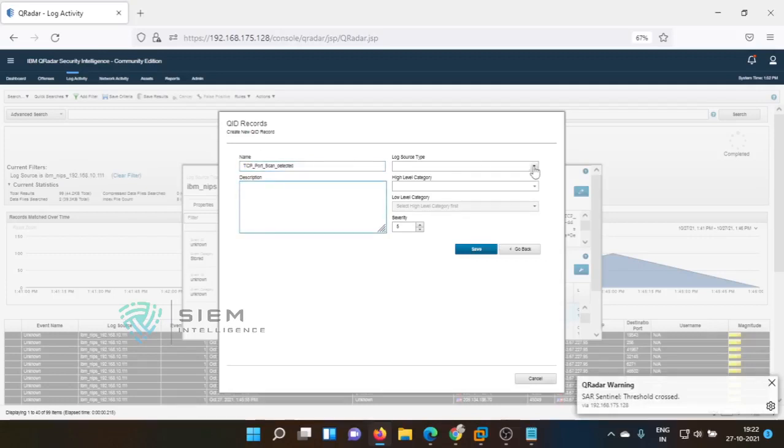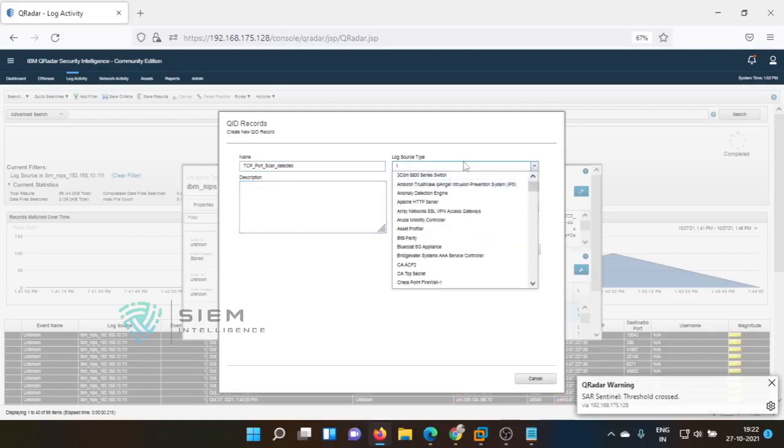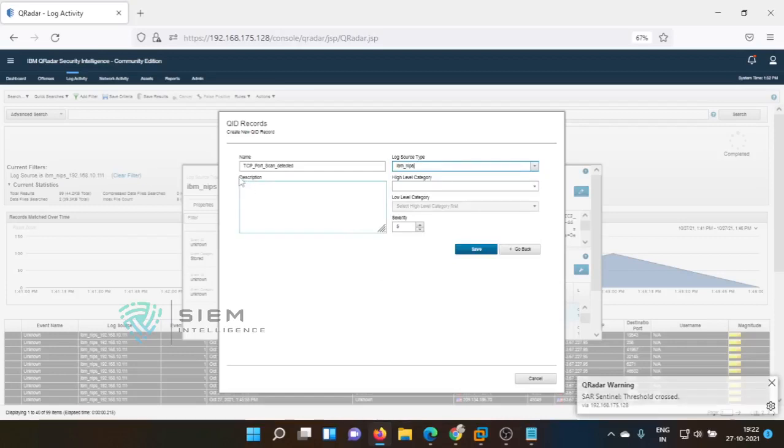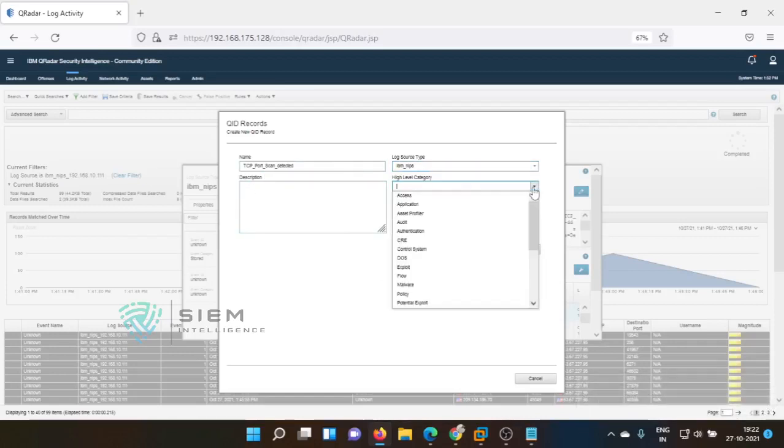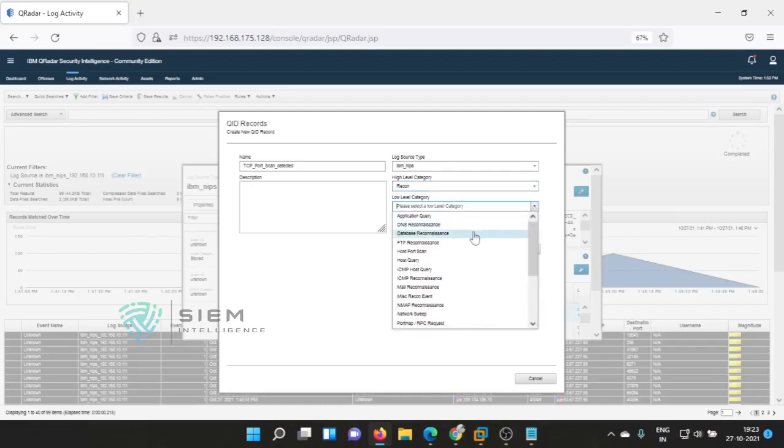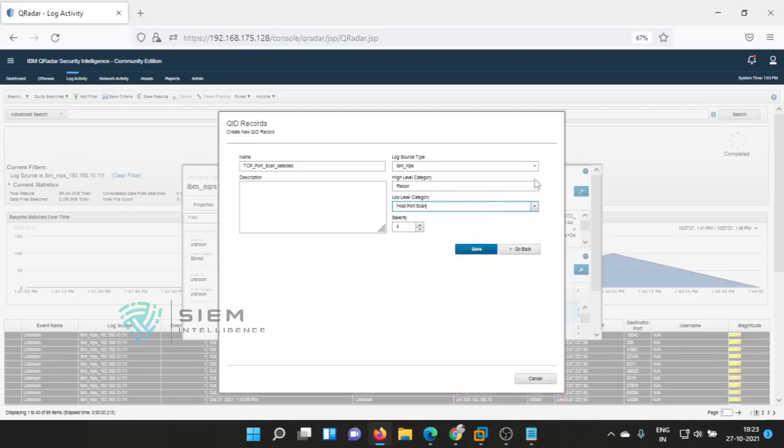So I have to select the log source type. What was our log source type? IBM NIPS. And this is a port scan. So we need to choose the high level category and low level category. Our high level category is recon, since this is a port scan. And there is an option called low level category. See, there is host port scan. Some options are there.